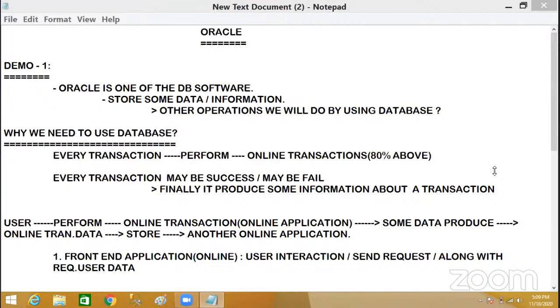Suppose you want an Oracle certification, then you have to communicate with the promoting centers. For Java certification, .NET certification and Oracle certification, separate institutes are there. Those institutes are called promoting centers.